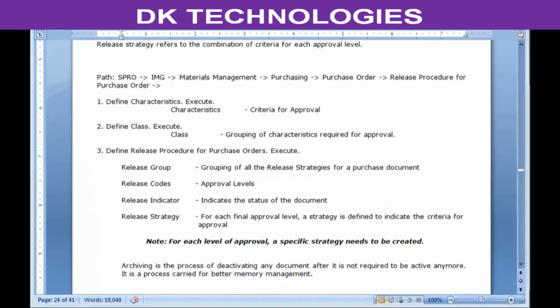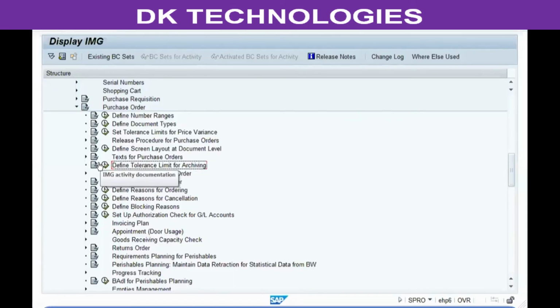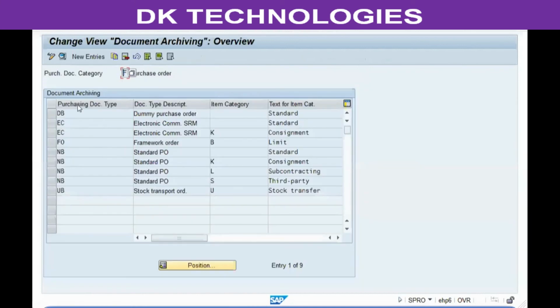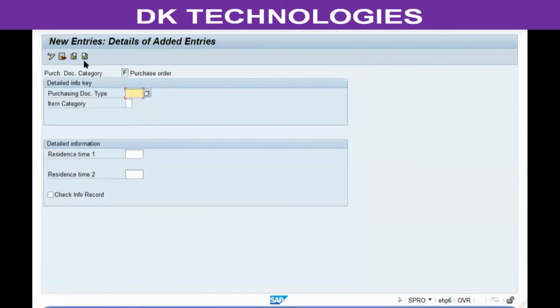So in this, you're going to specify the number of days after which the document should be archived. So when I enter the document type here, I need to specify the item category. So when I create a document type of YBG1 with the item category D, after how many days should the application automatically archive the document, and after archiving, after how many days should the system automatically delete the document